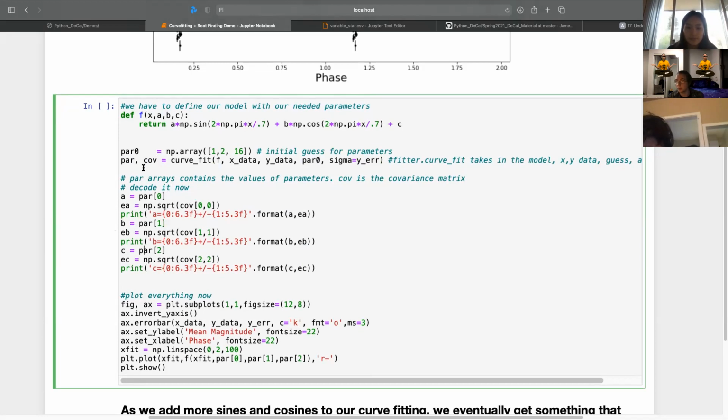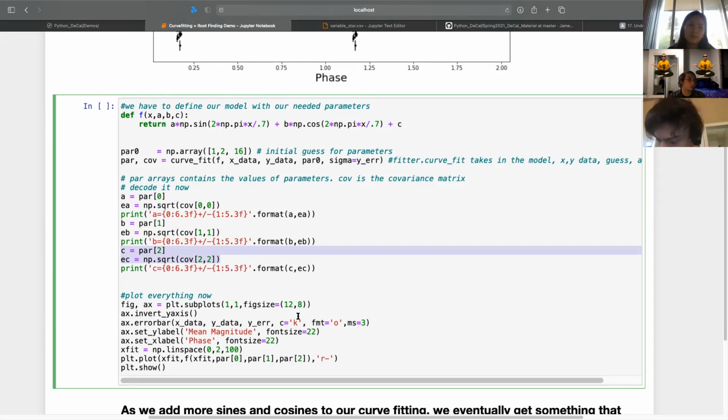And then to get the errors, you take the diagonal components of your covariance matrix and you square root them. That'll give you A and the error on A, B and the error on B, C and the error on C. If this is a lot, which I'm sure it is, don't worry. This will be on your homework with lots of step-by-step examples with a quadratic function and a linear function so that you get the hang of it with just some polynomials.